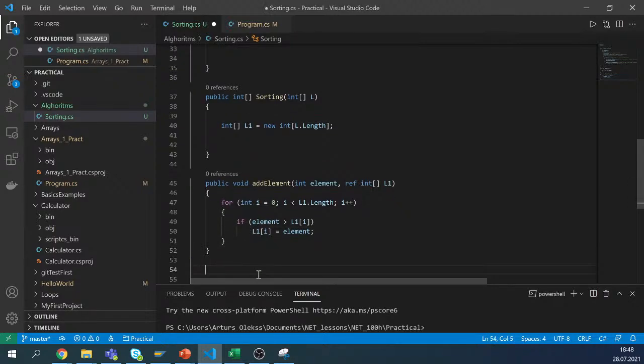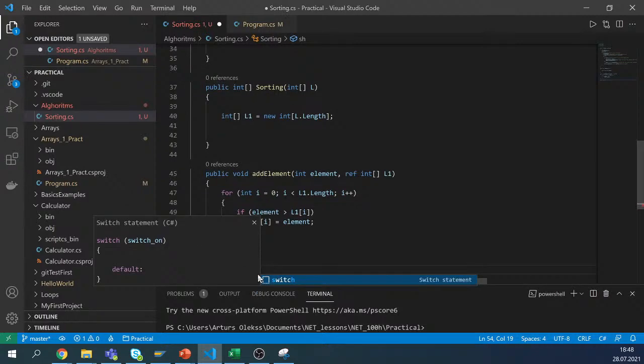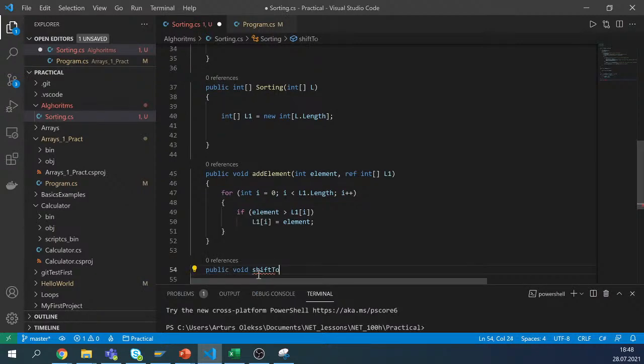Then we need to do the shifting. So here I will say shift to right, and here I will define the position from which we want to shift, and then of course we will add the